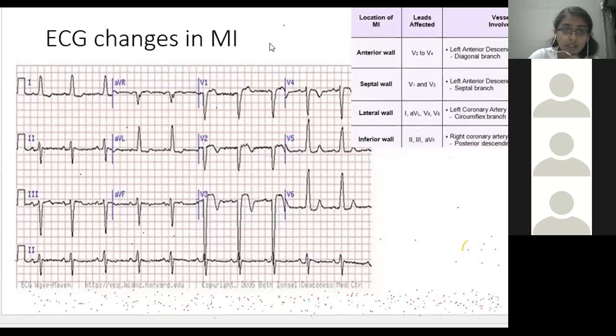So here I'm showing you the ECG changes in MI. You guys already know this, that there is left axis deviation. This is how you go about it. You first see if the ECG is standardized. This is the standard ISO standardization mark to see if it is okay. It should be 2 blocks. Yes, it is 2 blocks, correct.